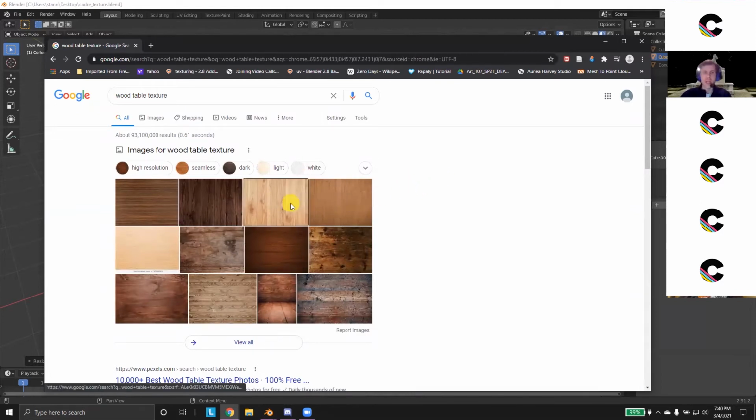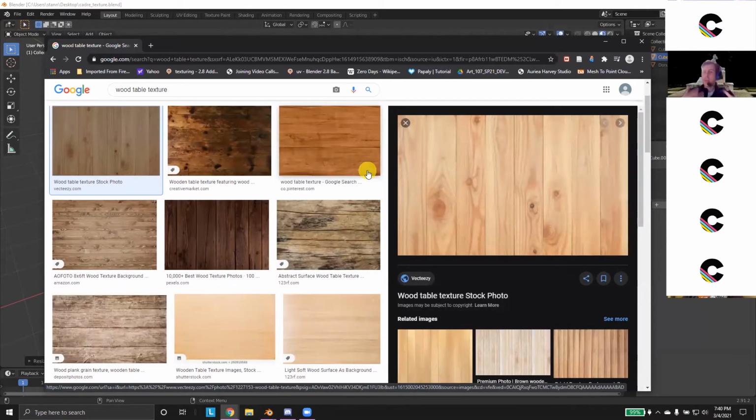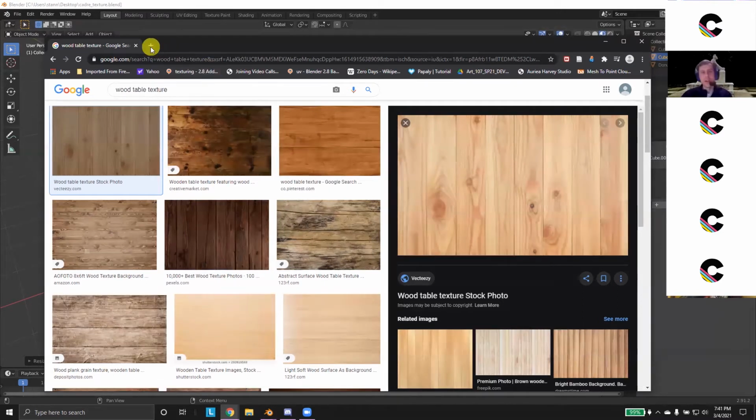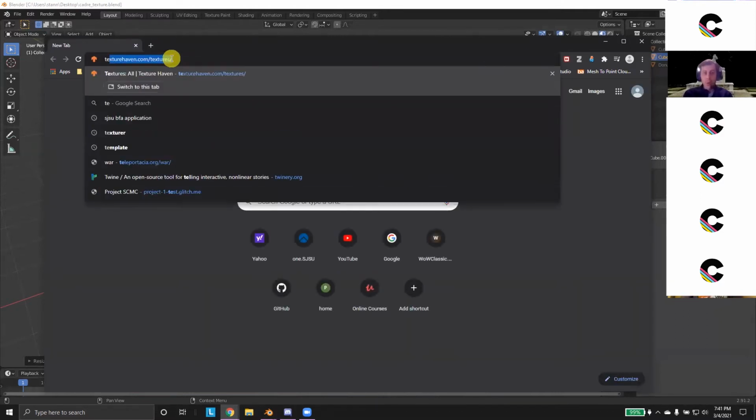But what's going to happen more or less is the materials are not going to tile well. You're going to be able to see when that image ends and when another one begins. So this may work, and there are tricks to do this in Photoshop to make it tile, but like I said, that's too much there. So I'm going to show you all a really awesome resource that I use a lot of times. There are plenty of websites that do this, but one of my favorites is